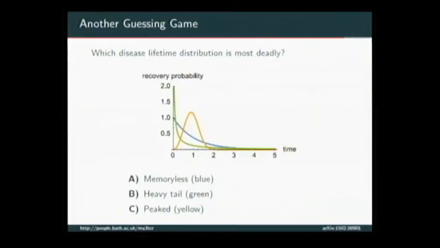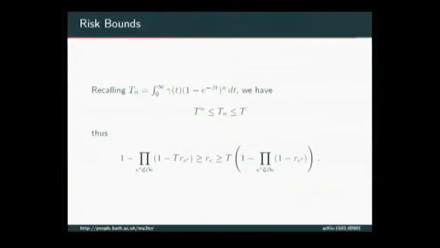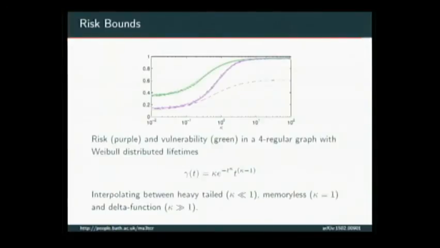And the reason is that you want, as a disease, you want to guard against the possibility of going extinct very quickly. So you don't want to kill your host very fast, right? So any mass in the probability distribution down here is really bad news. So you need to kill this stuff off, and the only way you can do that is by balancing at the other end as well. Okay. But mathematically, it's Jensen's inequality. So you just push this n outside of the integral. So you have this expression. And so that gives me upper and lower bounds for the risk associated to a particular possible transmission.